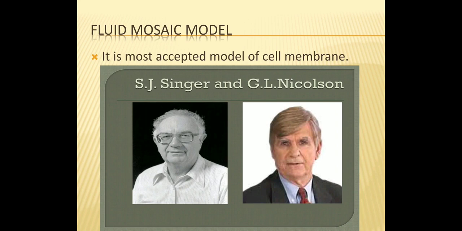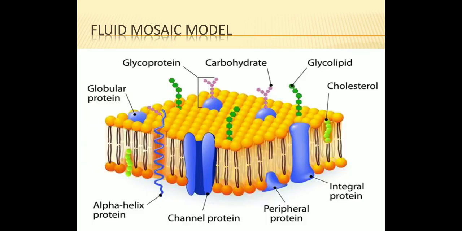According to this model, cell membrane is made up of phospholipid bilayer and protein. So three layers are there. Two layers are of phospholipids and one is protein. Now if you will see the structure, you can see the bilayer is arranged in such a way that the heads are facing the water or the solution, that is polar heads, and non-polar tails are sandwiched in between two heads. And proteins are like icebergs in the sea of lipids.